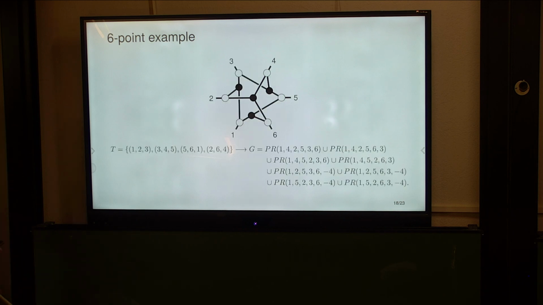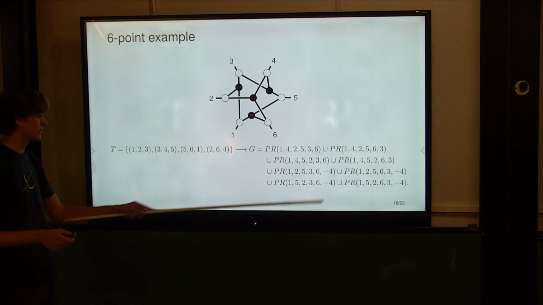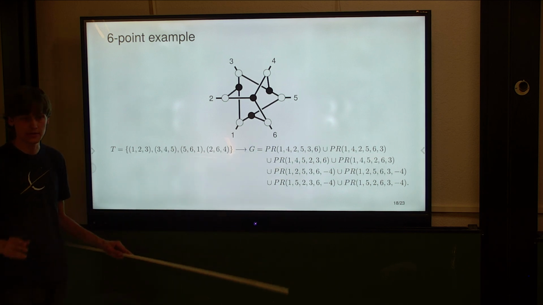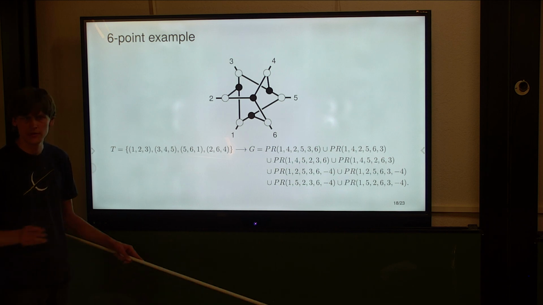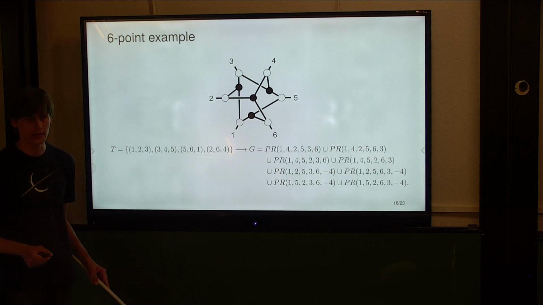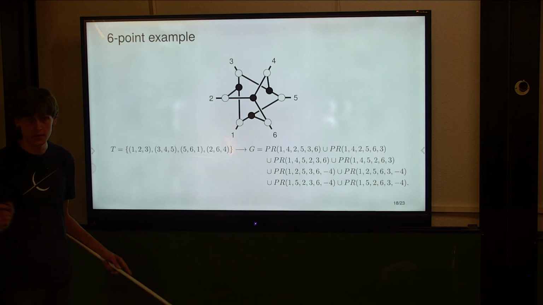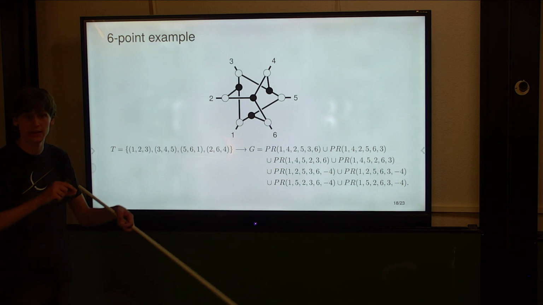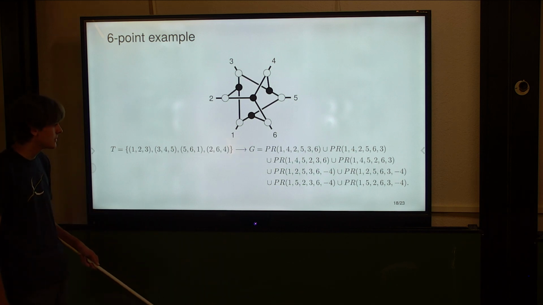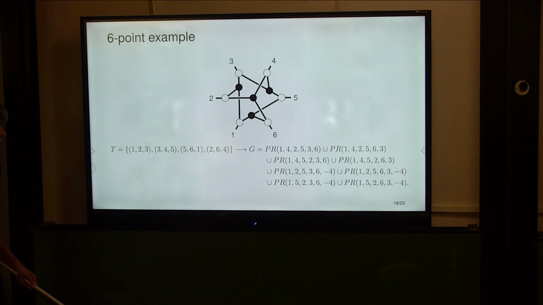When we go to a 6-point example, things keep getting a little larger. This one, the topology of it, we haven't fully taken the time to figure out. I think when we computed the Euler characteristic, it was like -2. So it has even more handles associated with these kinds of pinched points. And one of the things I would like to point out in preparation for the last result of the talk